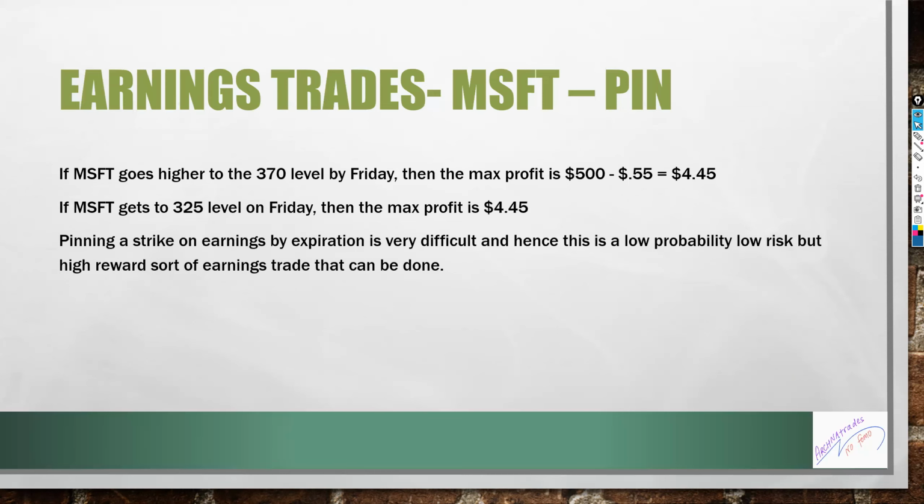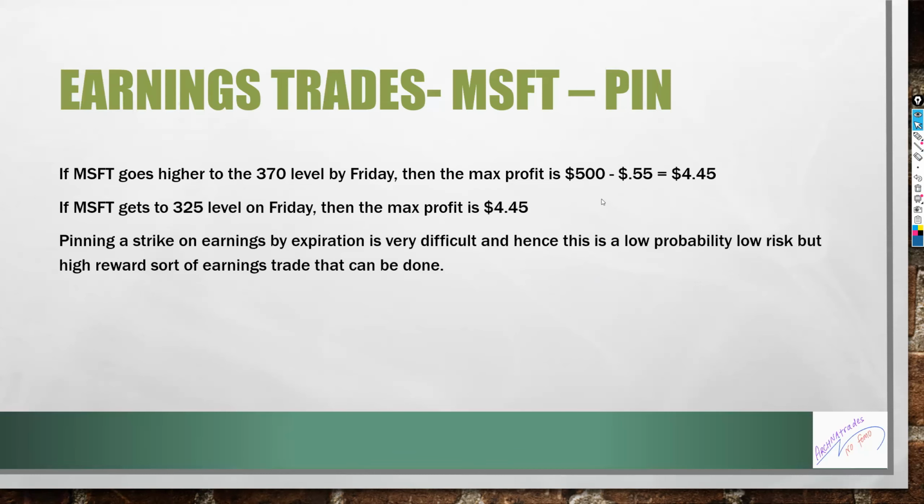Why am I counting 55? Because I bought the call side also and I bought the put side also. Now, if you don't do both sides, if you think everything is priced in, it goes down, but there are dip buyers, so let's just buy only the put side. You can come up with your bias and just buy the put side. So if you had just bought the put side, you would have only spent 35 cents and you can potentially make $500 on it. So you can spend $35 to make $500. It becomes a lottery trade.